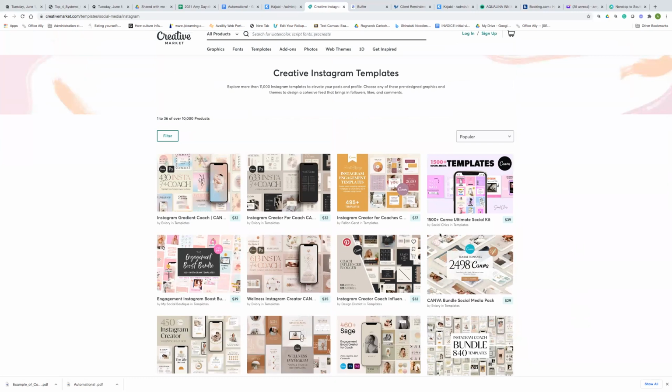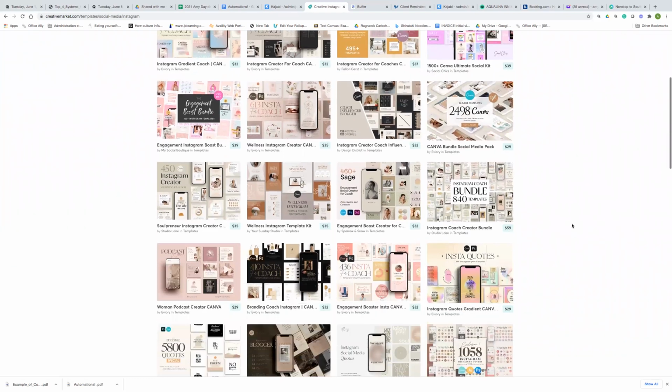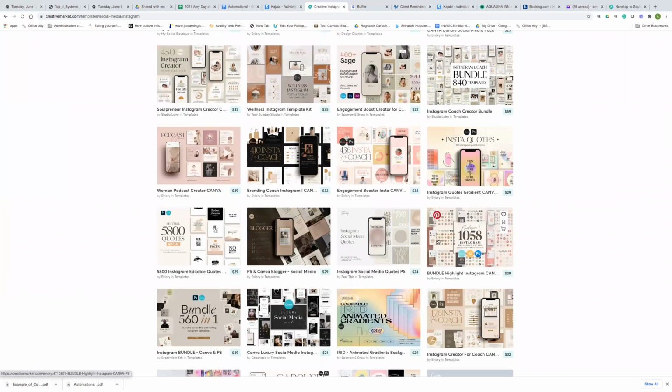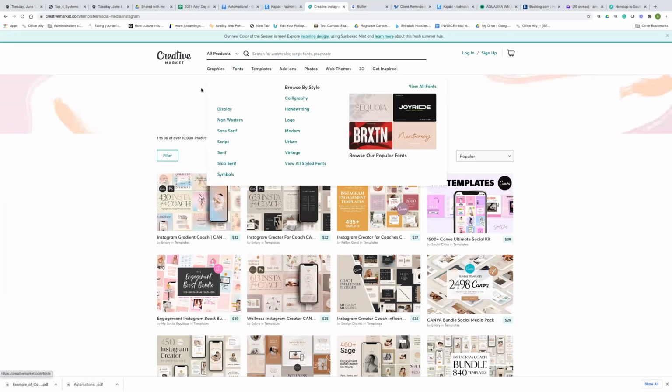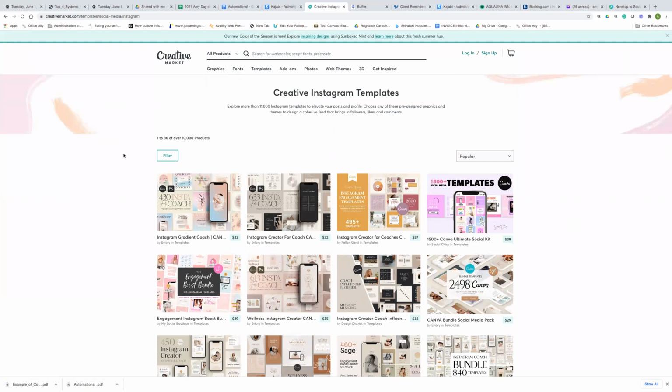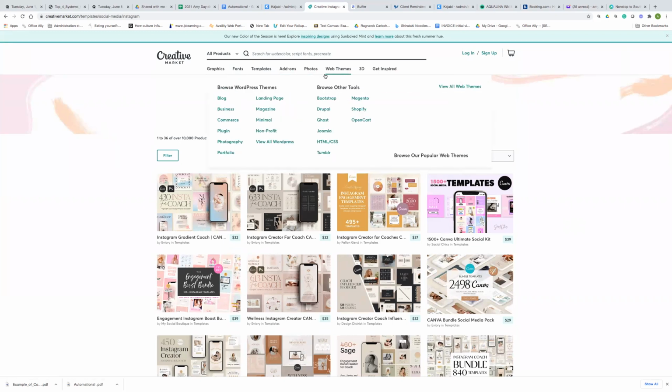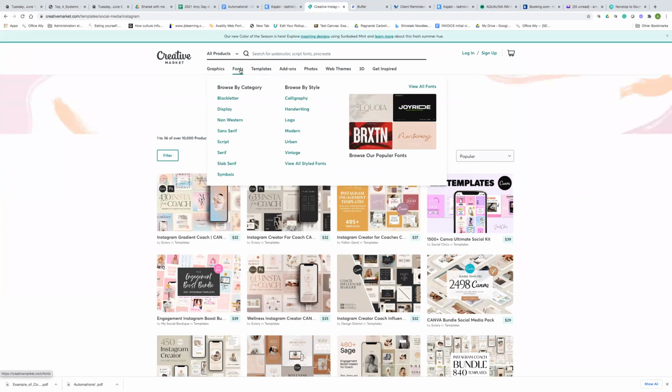You can purchase pre-done templates that are already done for you, that could be on brand with your colors and things like that. This is a rabbit hole for me, and everything is so dirt cheap. I own like 100 different fonts. Most of my logos I've done by myself, and I've just bought fonts from here